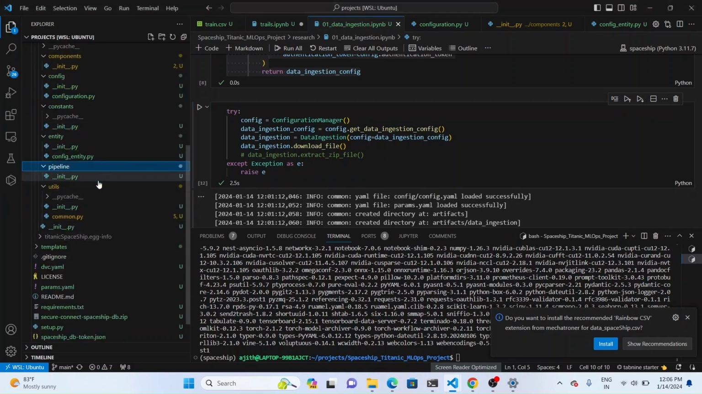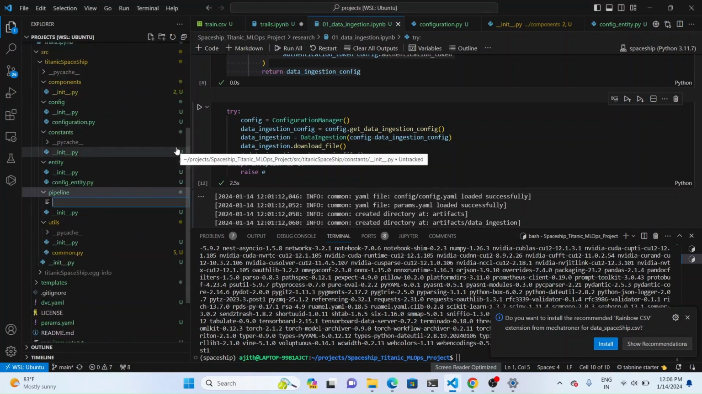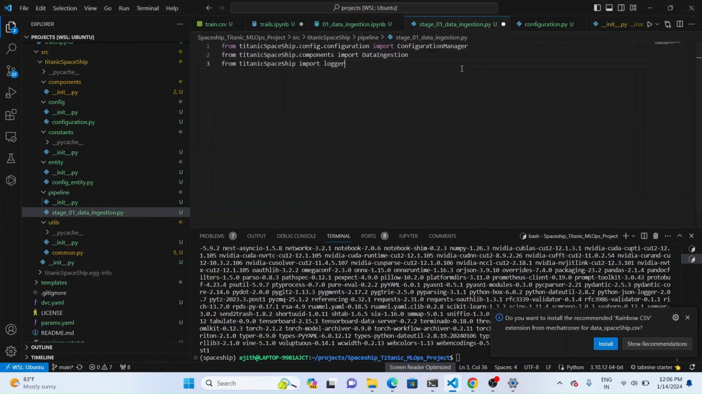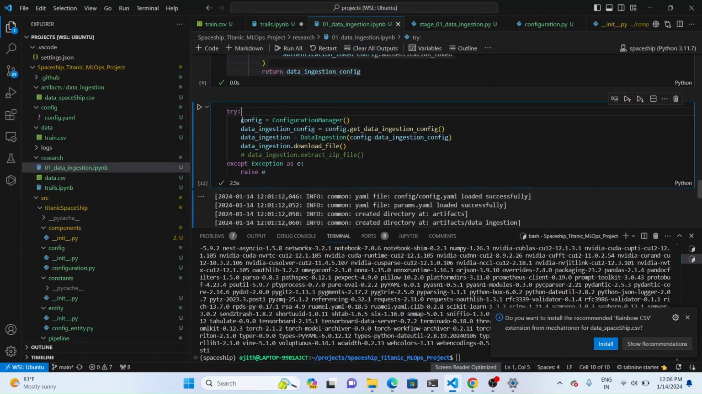So you can go to pipeline and then create a file, stage 01 data ingestion.py. We can import the necessary things which we need. After that, we can import the stage name. After writing the stage name, we can copy this